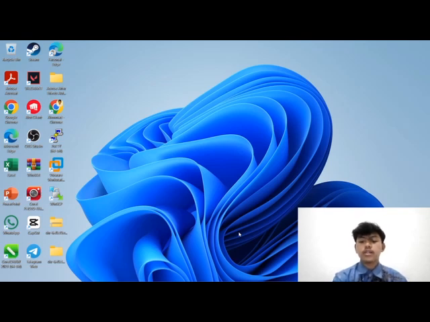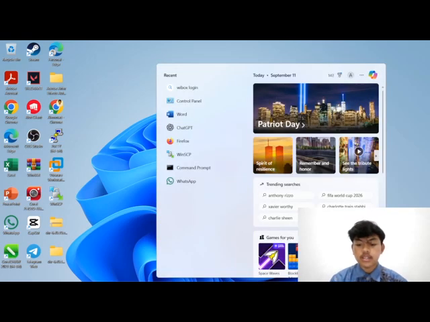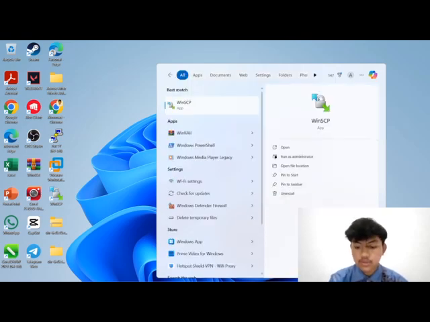Later, we will also continue with advanced features such as hotspot, QoS, and firewall filtering. Let's start step by step so you can follow along easily.